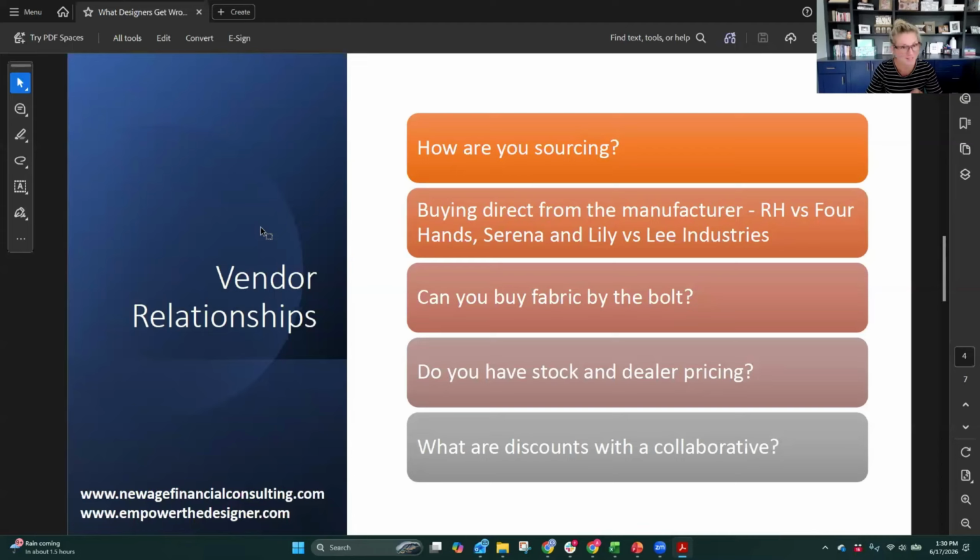So what is storefront light, right? You could be a showroom, a trade showroom, a retail showroom. You could also just have a storefront, and it could be for somebody walking in off the street. You could also have designers shop from it. It could be tiny, it could be big. But the way you buy in a store is going to look much different than when you buy for a design firm. So that'll open you up to stock and dealer pricing.